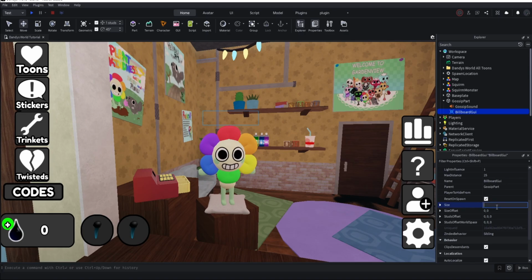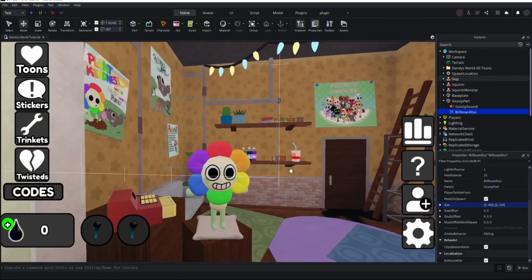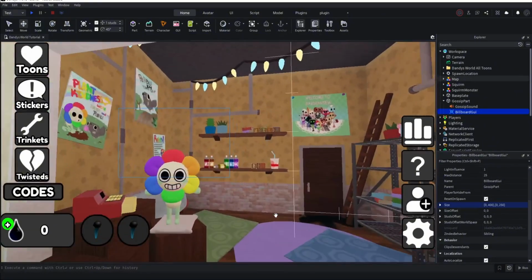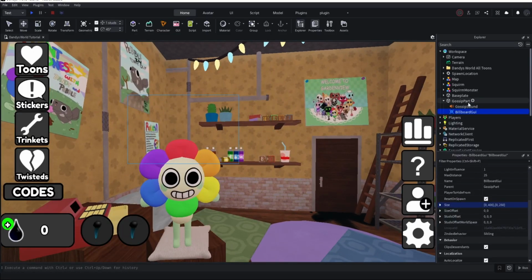Where's the size? Here it is. 0, 400, 250. I mean, not comma 250, 0, 250. Like that. So it's this big. And since they're going to be like this, it's not really a big deal at all. But yeah. So after that, put a